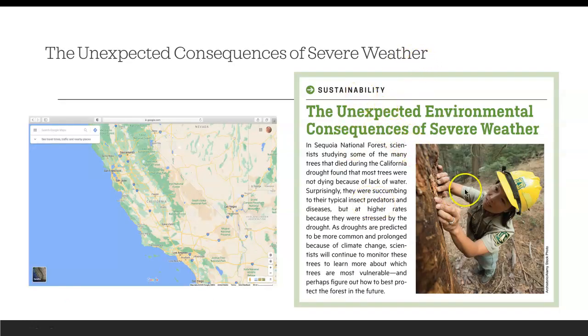So what's the trend of the recent weather? Because we all know that California is on fire now. And we can start talking about the facts related to that. This sequoia, I know it's kind of small, Sequoia National Forest is in California here. This is the region it is at.